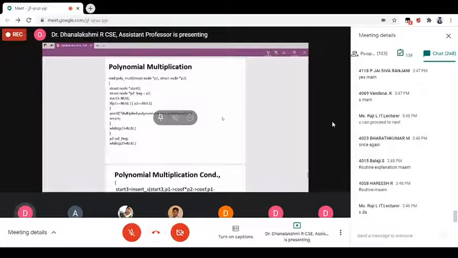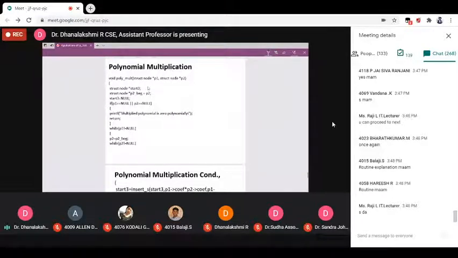So now this is the routine for multiplication. Again, we have to pass the polynomial list 1 and polynomial list 2. Then we need the resultant list. Start 3 always points to the resultant list. And now here we have the assignment operator, we are assigning P2 to the pointer P2 underscore begin. This is a temporary pointer variable. It holds the address of the P2.